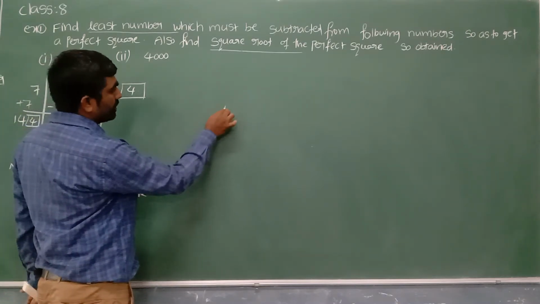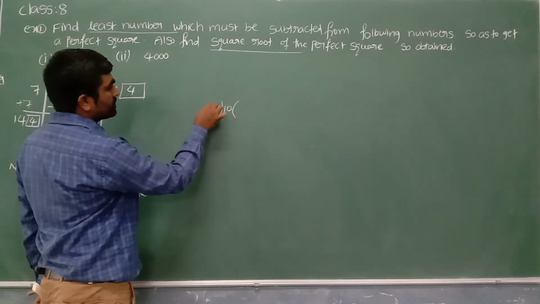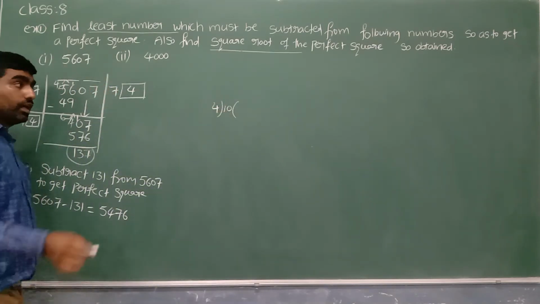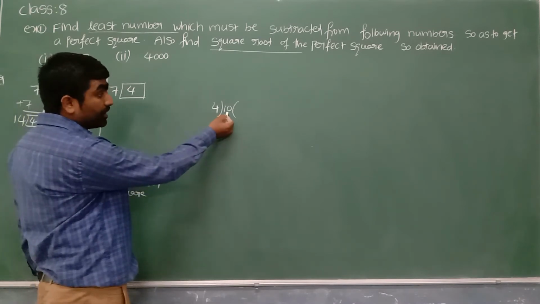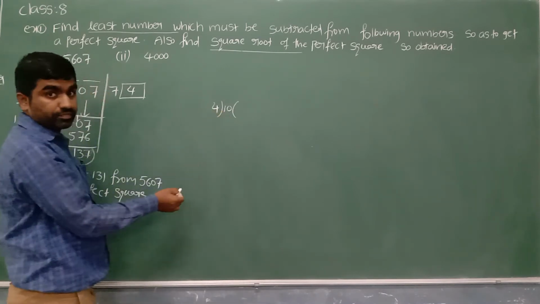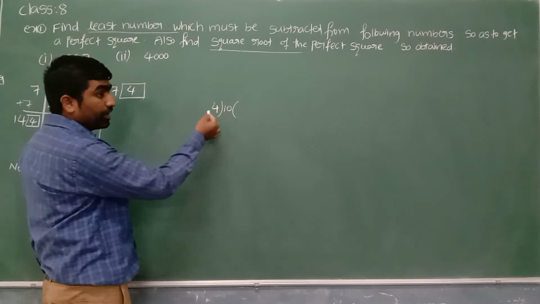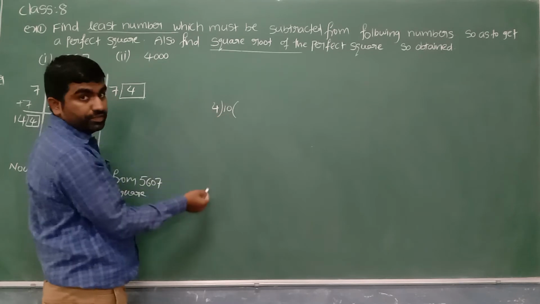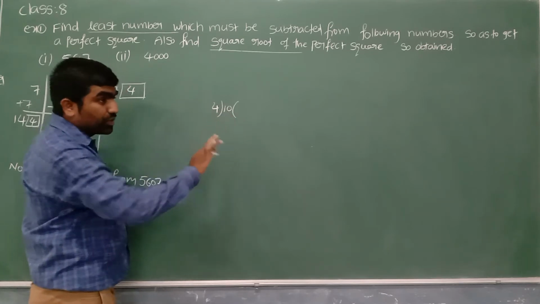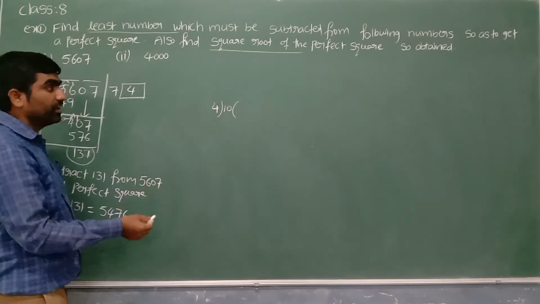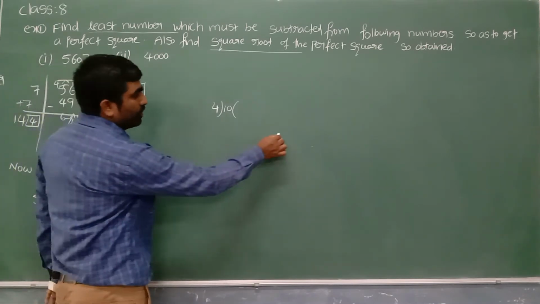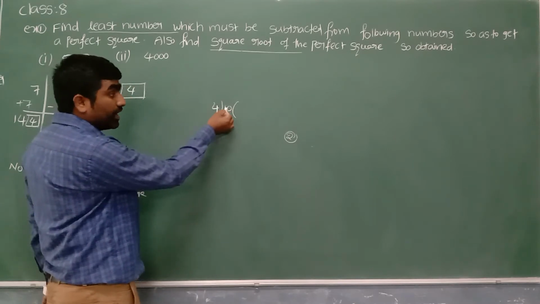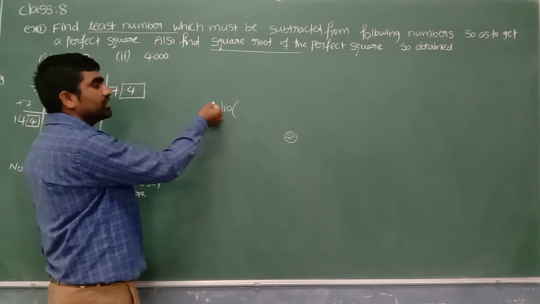Let me take 10. We know clearly, 10 is not divisible by 4. Now tell me what number I can subtract from 10 to make it divisible by 4. From 10, what is the least number I can subtract to make it divisible by 4? Sir, from 10 if I subtract 2, 10 minus 2 will become 8. 4 table goes in 8. So we need to subtract 2 from 10, so that 10 minus 2 will become 8, and 8 goes in 4 table.